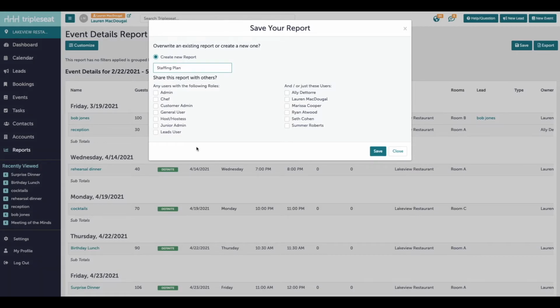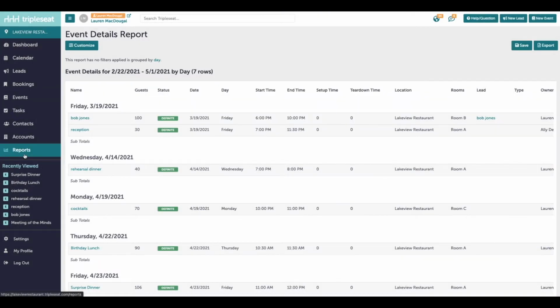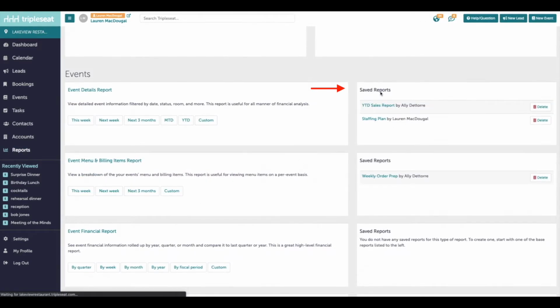If I wanted to save it with other admins in the system, I could, or I could just save it with a specific user. And now this would add this saved report to their reporting dashboard. When we click Save, the report has now been saved to our dashboard, and when we want to run it again, we would come back into Reports, and you'll find the saved report to the right of the type of